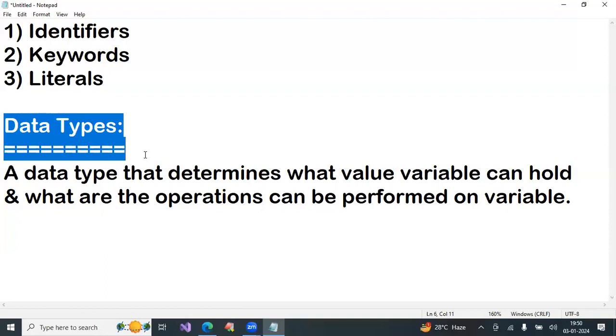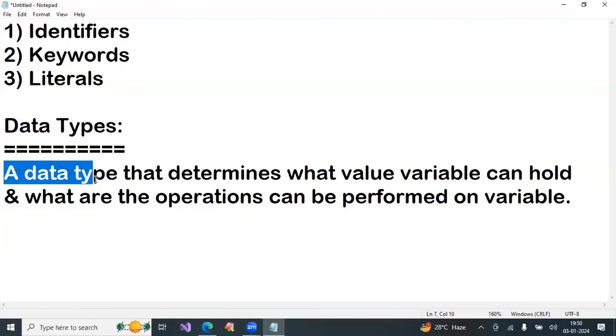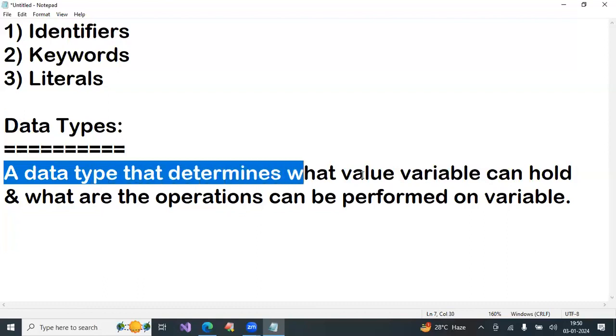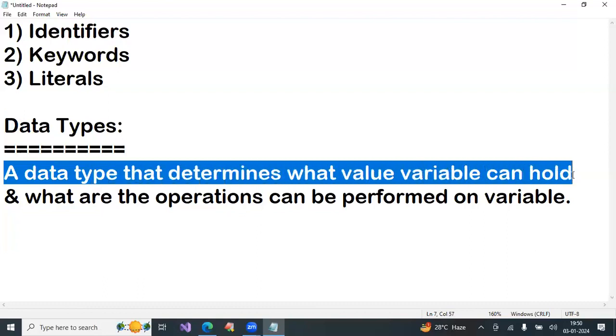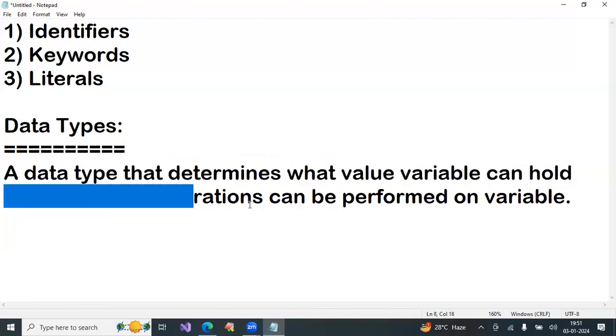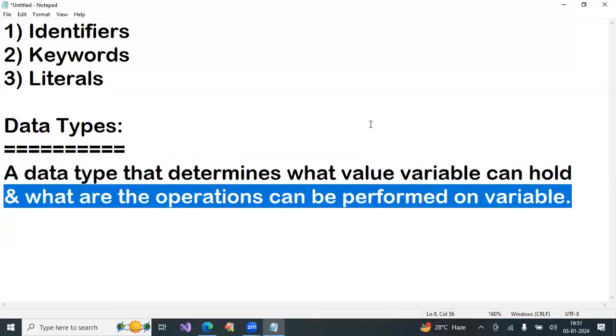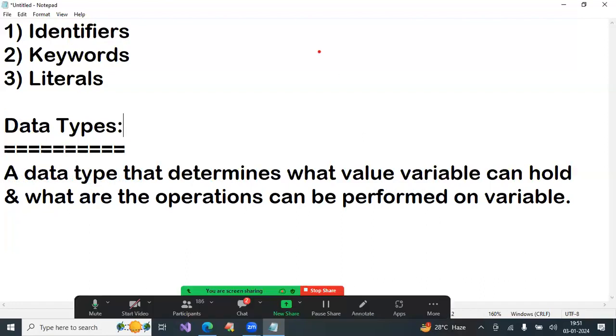That is data type. A data type determines what value a variable can hold and what operations can be performed on the variable. For example, employee number is one data. Employee number is a variable which contains the employee number 101.